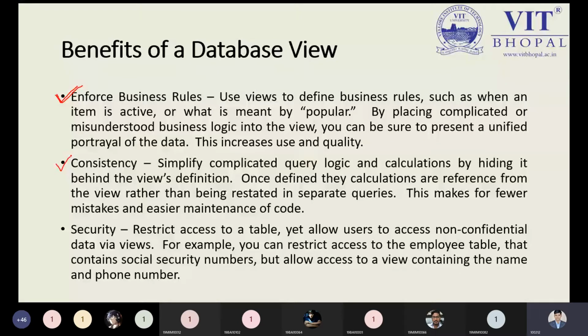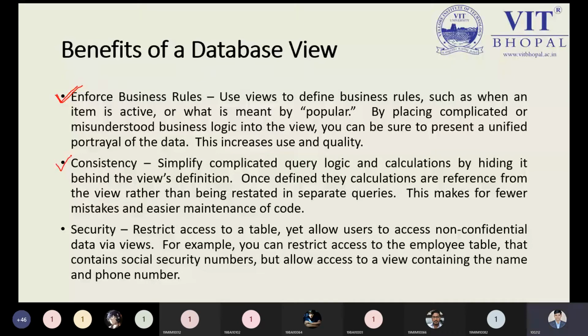But if I use the same query on the actual table, something may happen which should not happen, because in some circumstances the actual information may be updated. To avoid such a thing, the database manager will access that information by creating a view. So we will not touch or do anything on the actual table. We will do the different kinds of operations on the table by making a view.